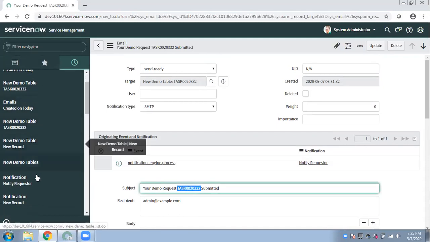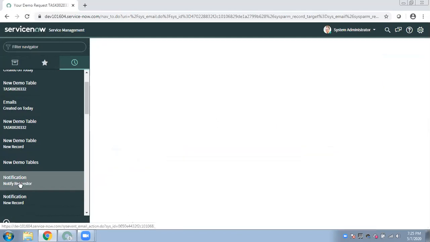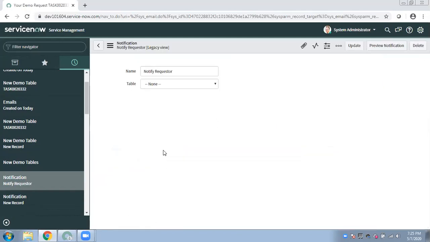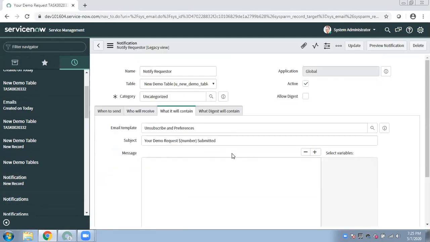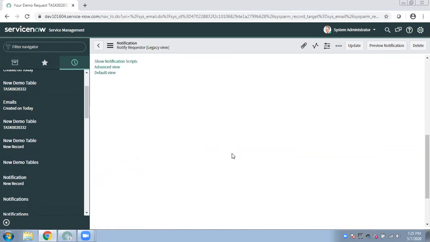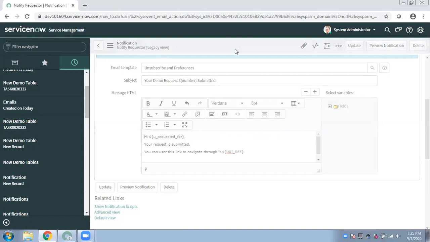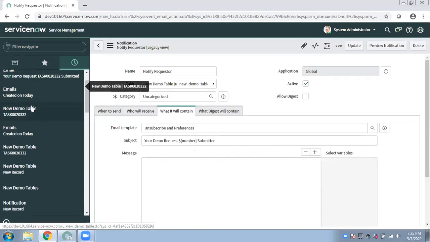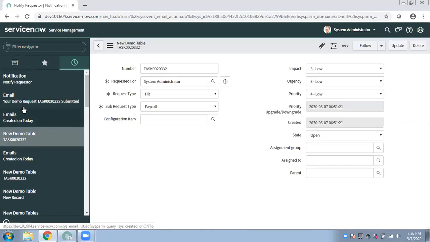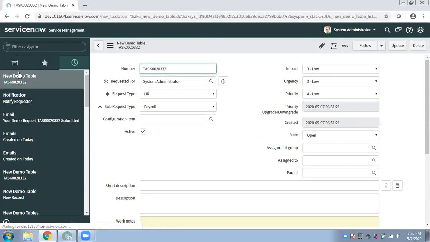So if we go to our notification, there is another property you can use, URI underscore ref. This will generate the number instead of the link, and with the URL on that number, that number will be a hyperlink.